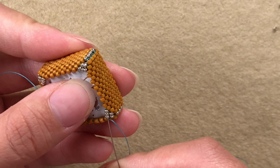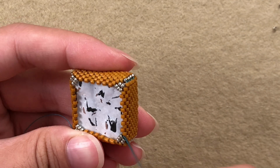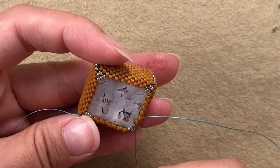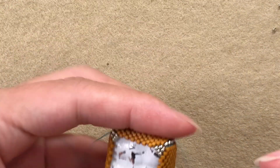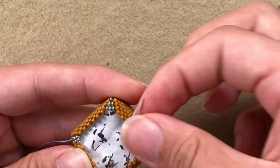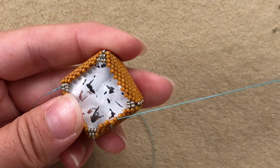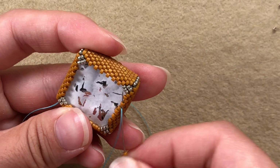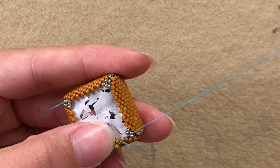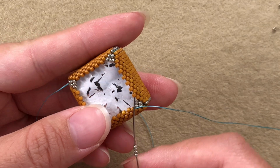Now I have to go through this 3, go through this one and step up. Now start a new row. Pick up a delica, go through the next, pick up a delica, go through the next, pick up a delica, go through the next, pick up a delica, go through the next, pick up a delica, go through the last, and this time pick up 4 50 no's. 1 2 3 4, and go through the sticking out bead on the other side,